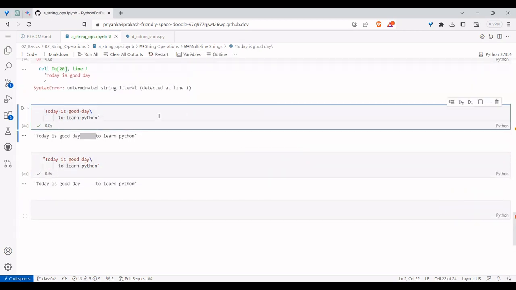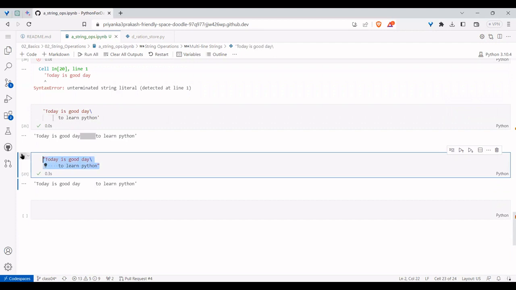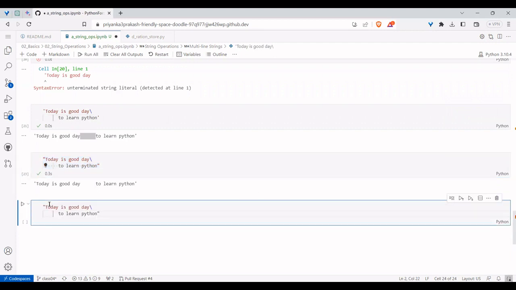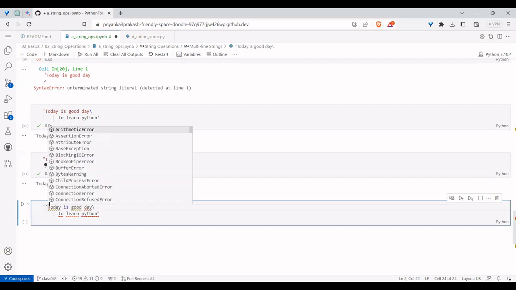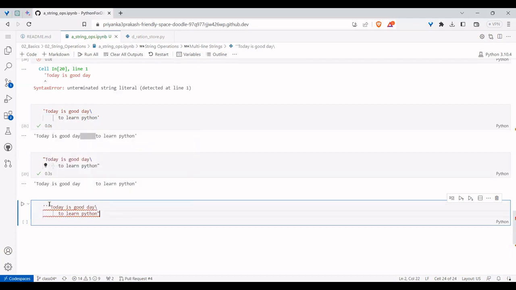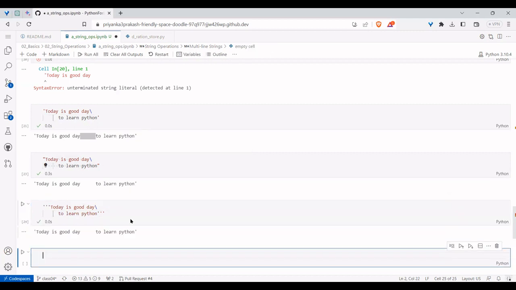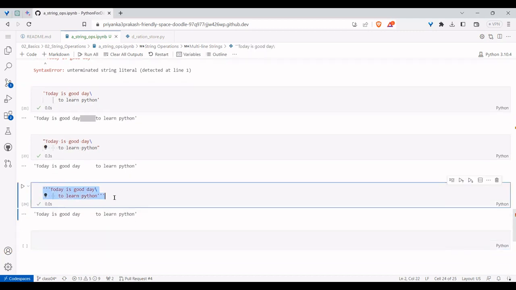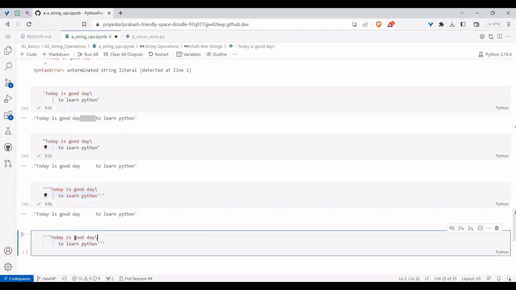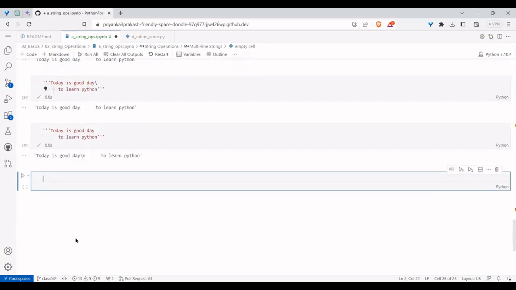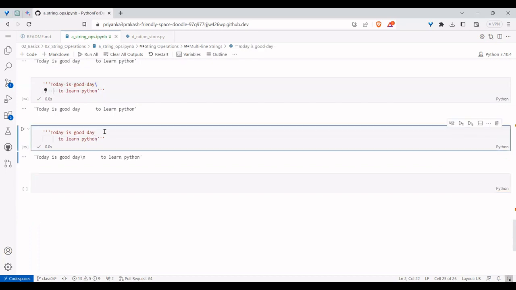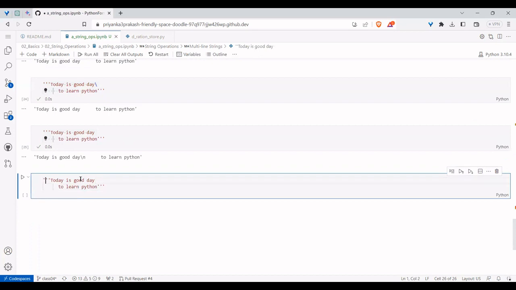So for ordinary single and double quote strings, if you want to go to multiple lines, you need to write like this. Whereas if you do the same thing for triple quoted content, 1, 2, 3, okay. For triple quoted content, if you place a slash, it will take it. If you don't place it also, it's going to take it. You see the difference? Even when you don't place it, it will take it. And in the same way, even triple double quotes will work in the same fashion.